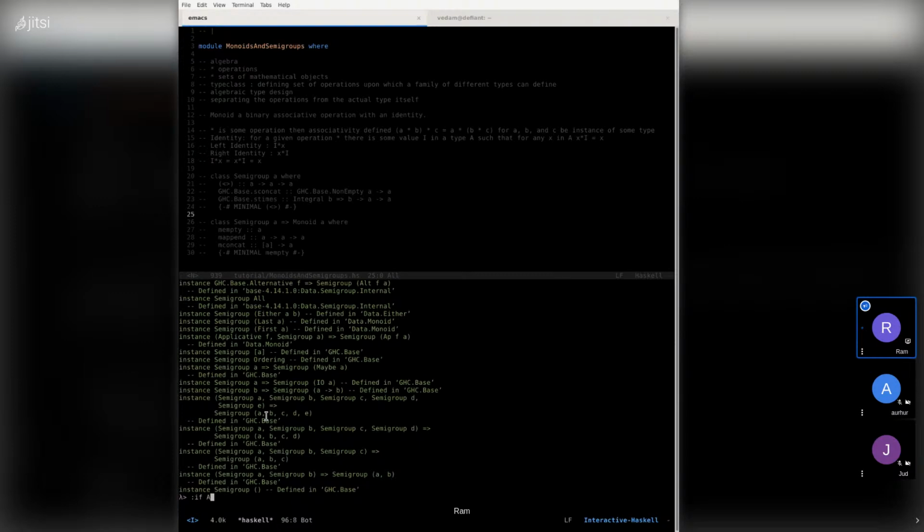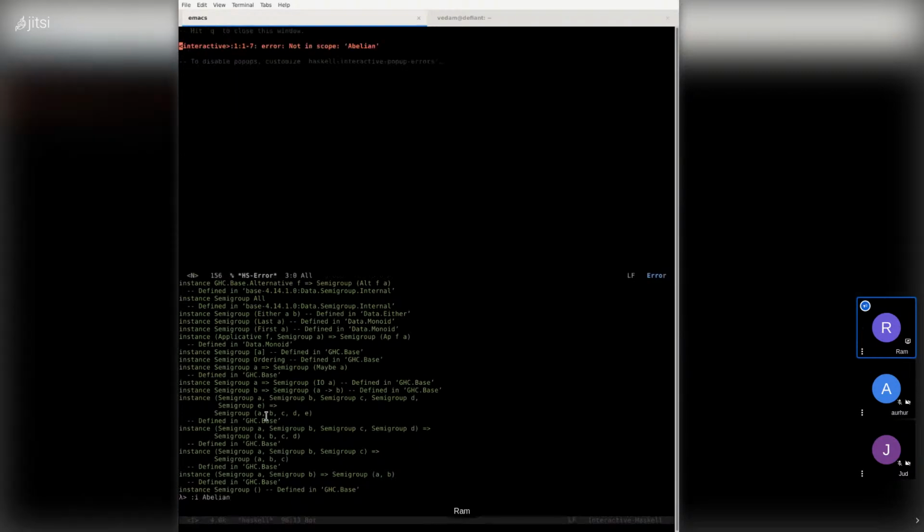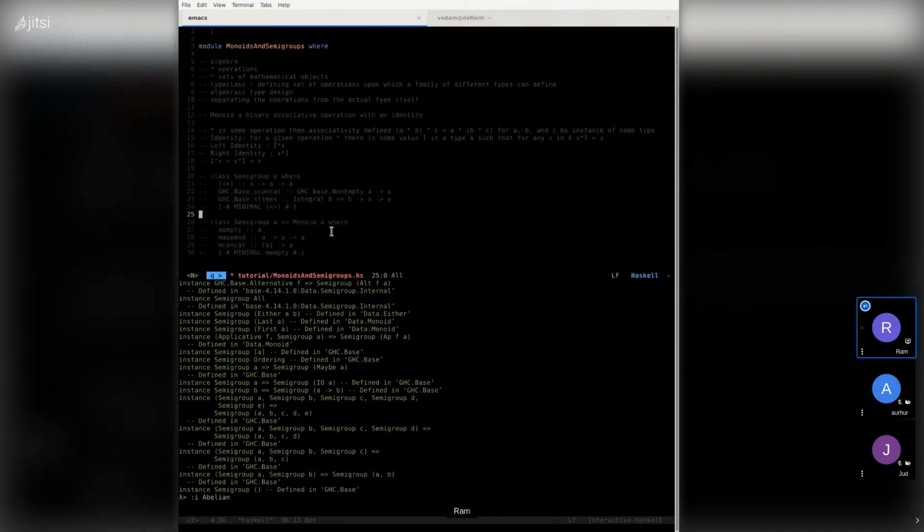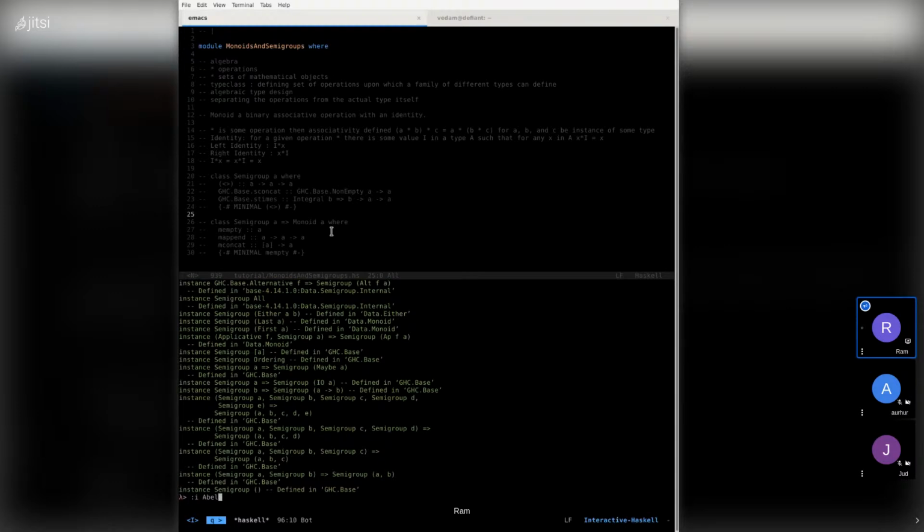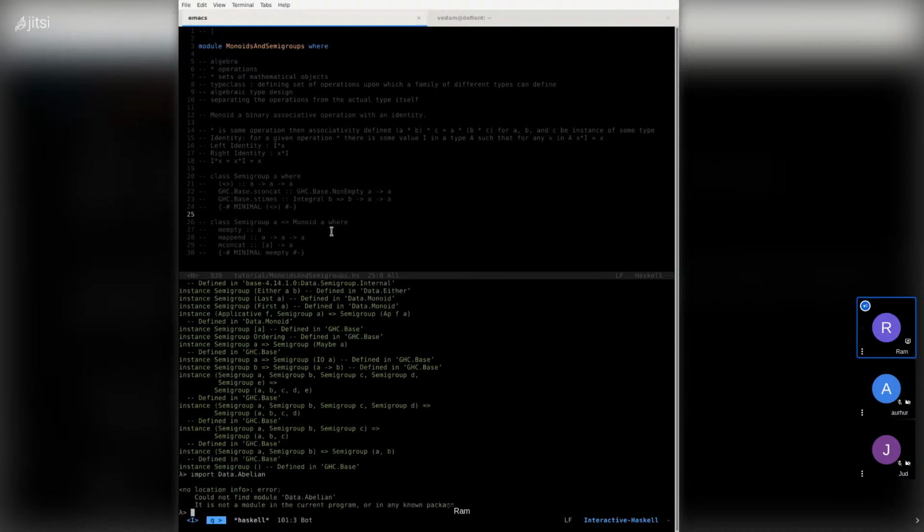There is an abelian, if I remember, I think abelian is available, but I don't know if it's available without me importing maybe data.abelian. Interesting.